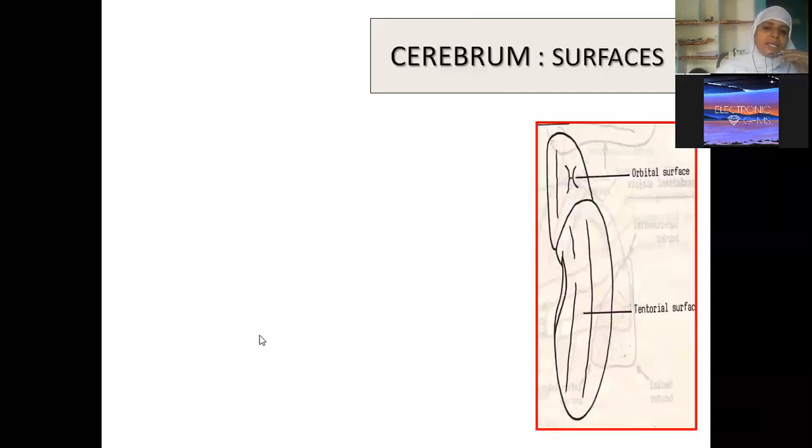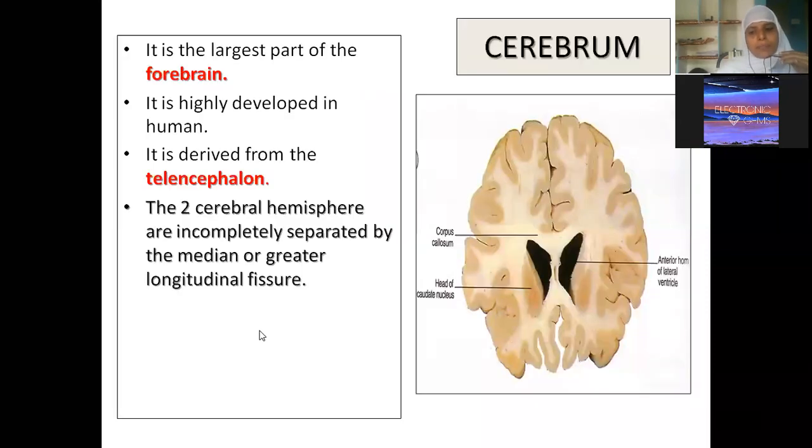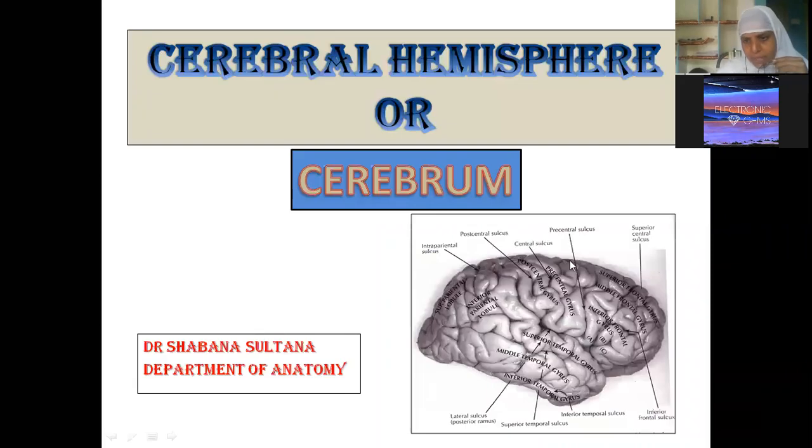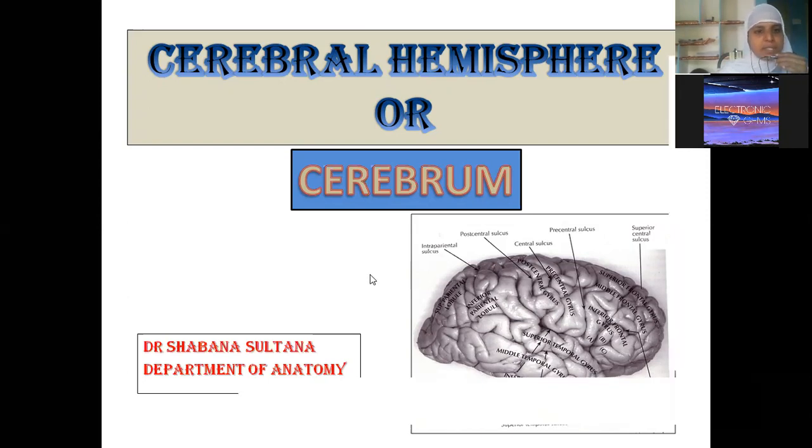Now, what are the various surfaces you see in cerebrum? If you see the cerebrum from the side view, you call it the superolateral surface. Once you cut the cerebral hemisphere in the midline and tilt the brain in this direction, the other surface is the medial surface. If you see the surface from down, you call it the inferior surface. So overall, how many surfaces do we have? Three: superolateral surface, medial surface, and inferior surface.